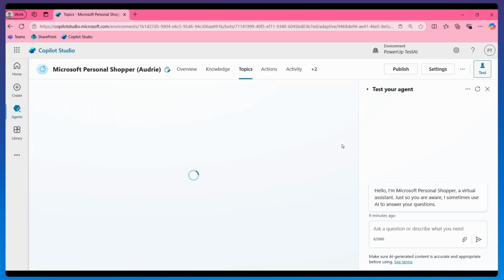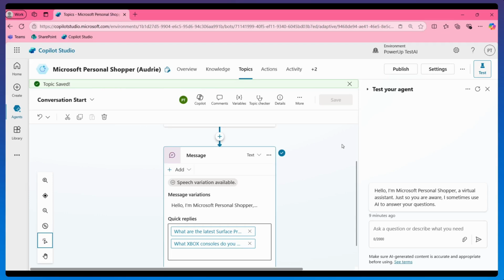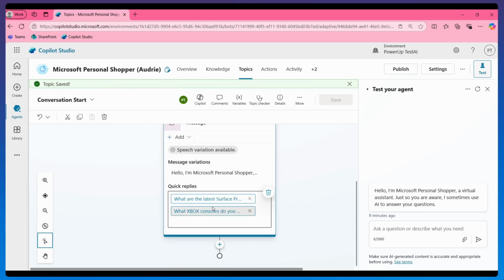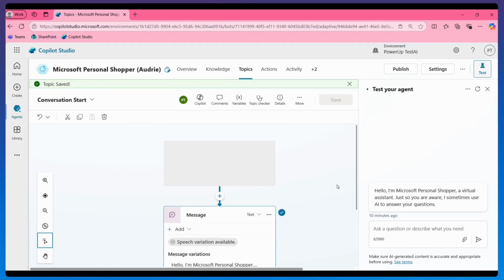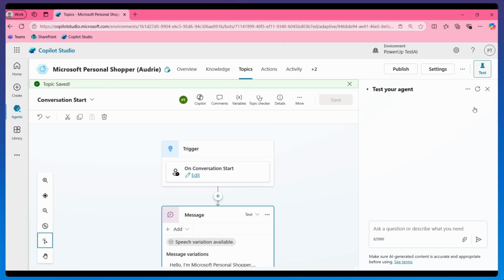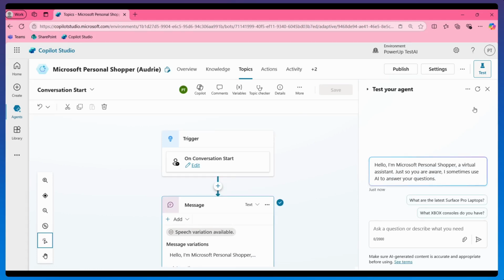Then you'll hit save, and you'll wait for it to save that topic. And now you'll see the 2 quick replies there. And if I refresh this test panel, which will refresh it for my changes, you'll see the 2 suggested utterances there. And this is useful when you want to guide your users to something they may not even think